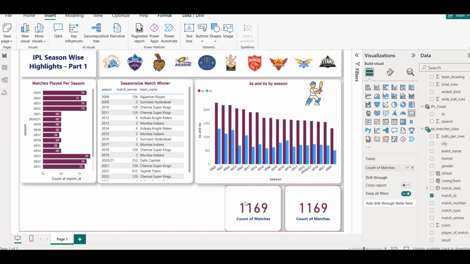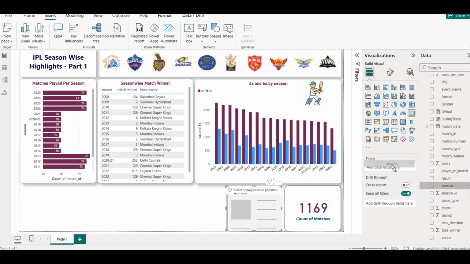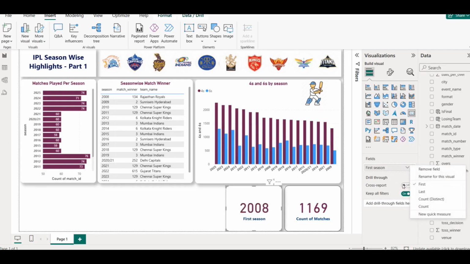We can bring a copy of this, where we can also bring something like what are total number of seasons. So when you add season here, it is showing first season, but we say count distinct. So total number of seasons, and next is